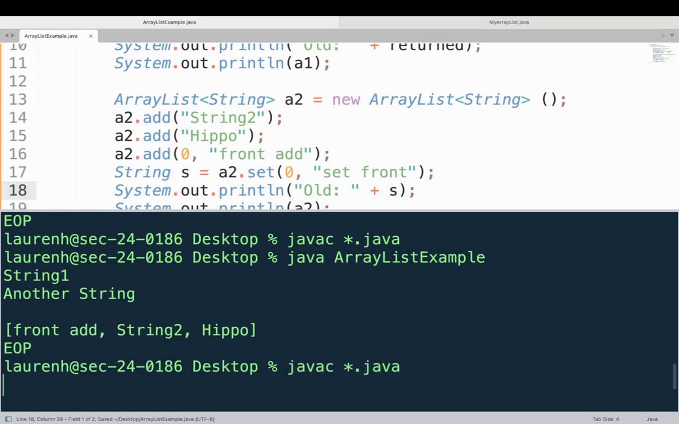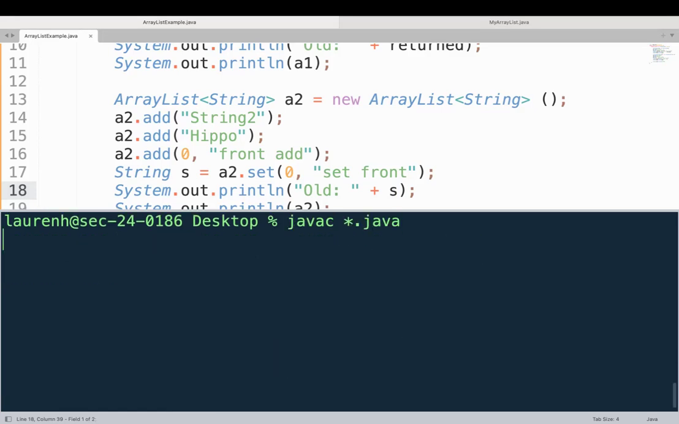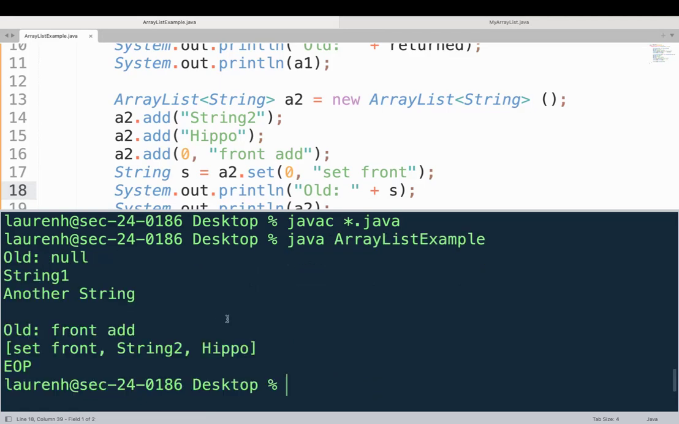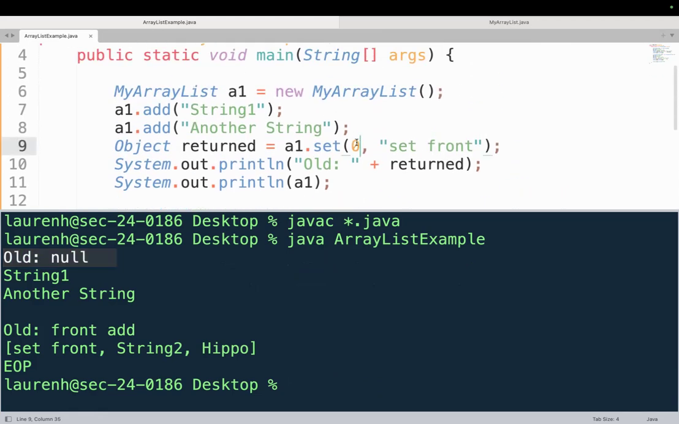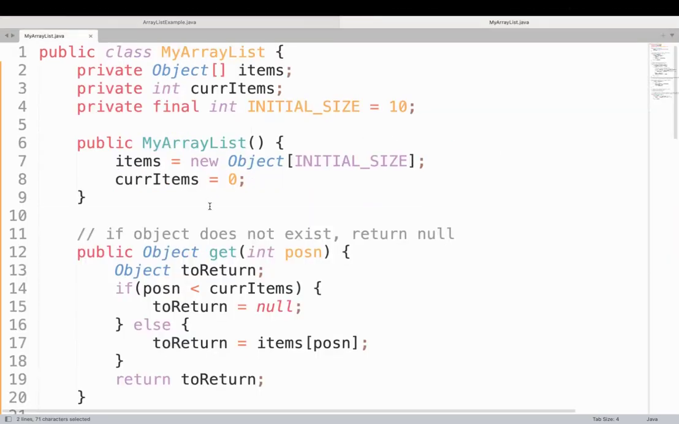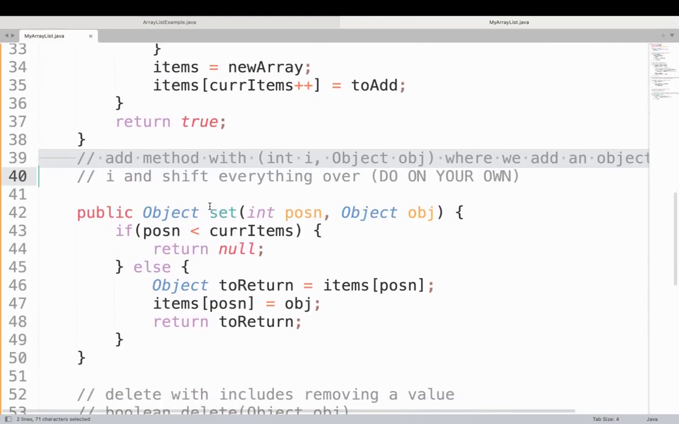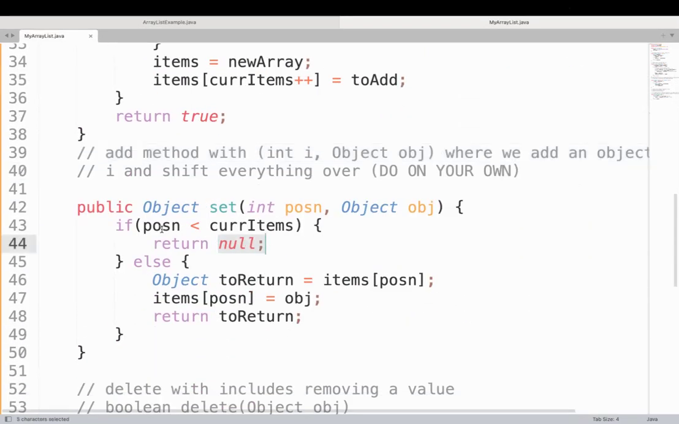Okay. So now let me just clear this so that we have it nice and clean and I can, oops, I keep pushing the wrong button, run it. We can see old here for setting, object returned. a1.set returned null,